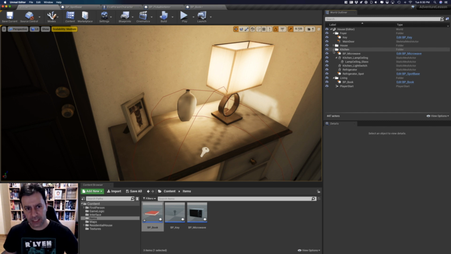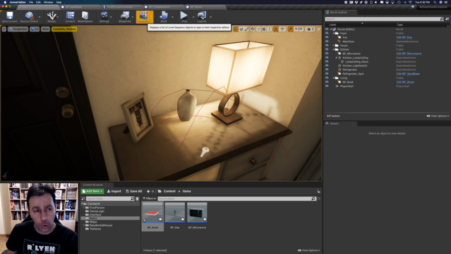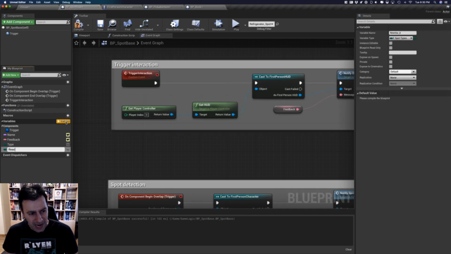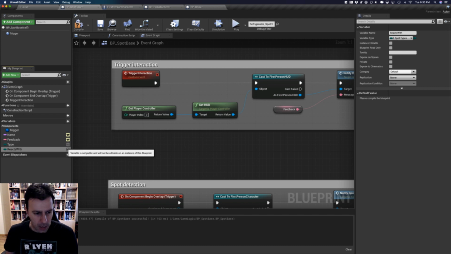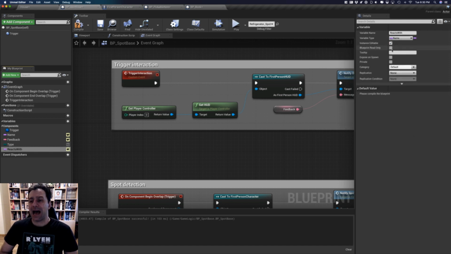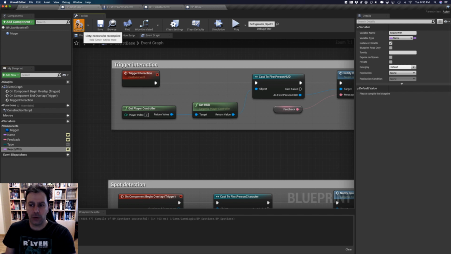Now let's wrap up this idea by being able to use these items, right? So going back to our spot base, I'm going to add one more variable, and I'm going to call it react with. It's going to be instance editable. It's going to be a name, and the default value, it's known. So